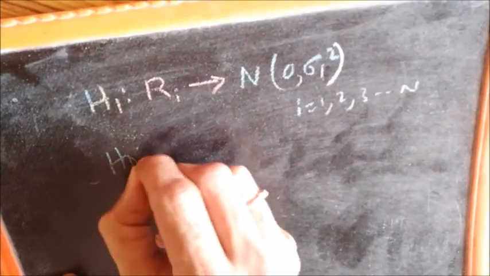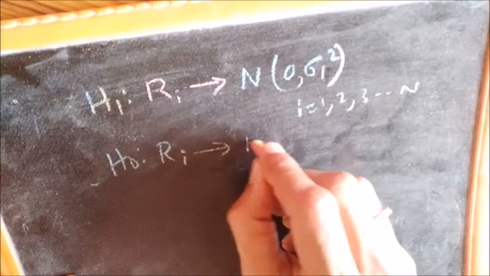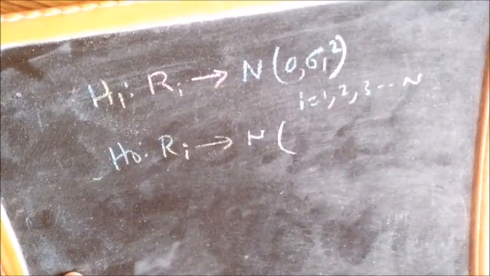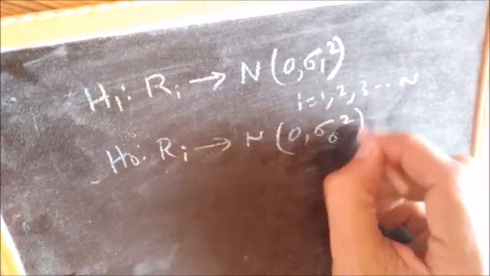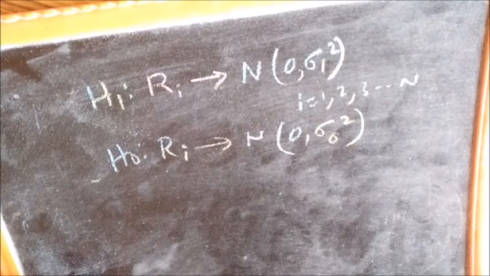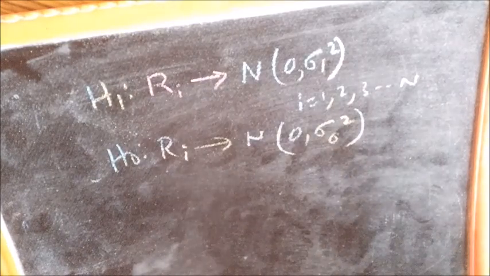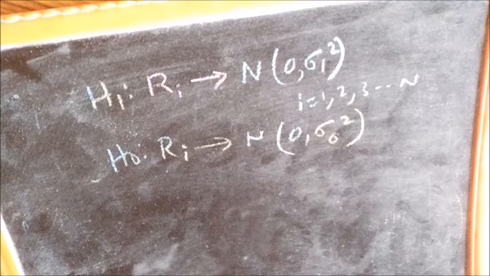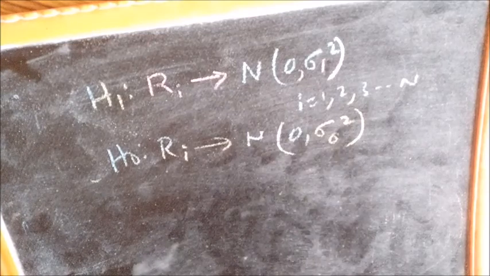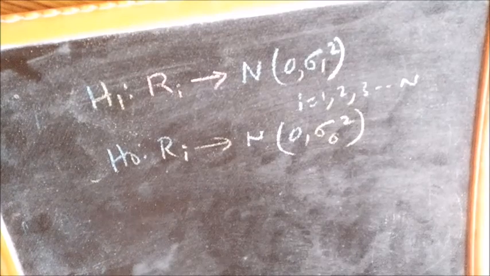And when H0 is the hypothesis, what you receive is again a Gaussian distributed random variable of mean 0 but variance sigma 0 square, again for i = 1, 2, 3 up to n. So if H1 is the true hypothesis, you get n samples, each normal distributed with mean 0 and variance sigma 1 square. And if H0 is the true hypothesis, you receive n random variables with mean 0 and variance sigma 0 square, which are Gaussian distributed. They are independent, of course, mutually.